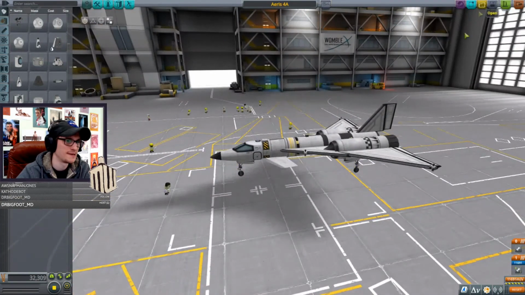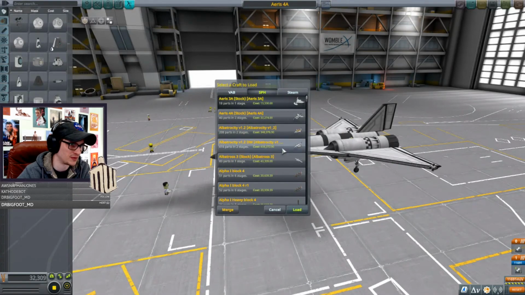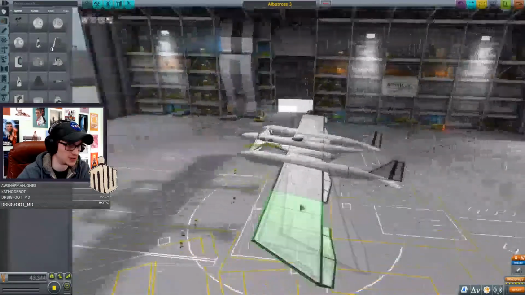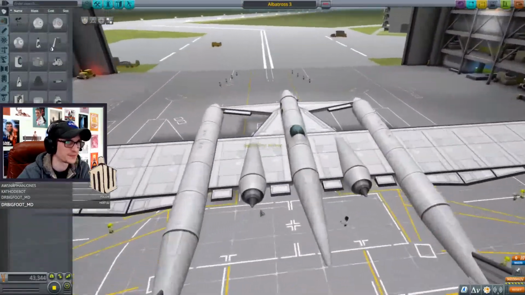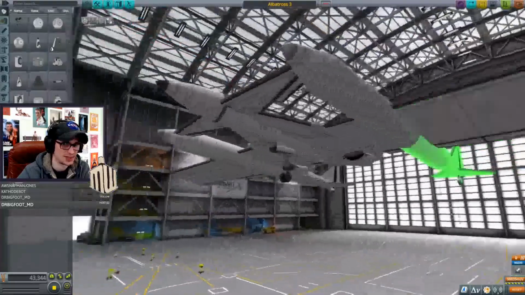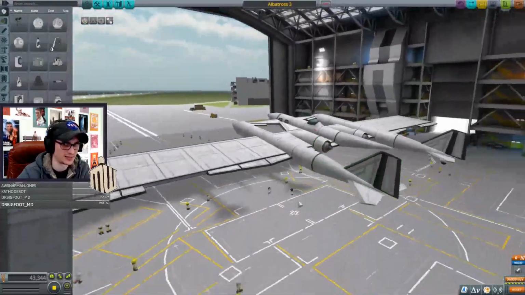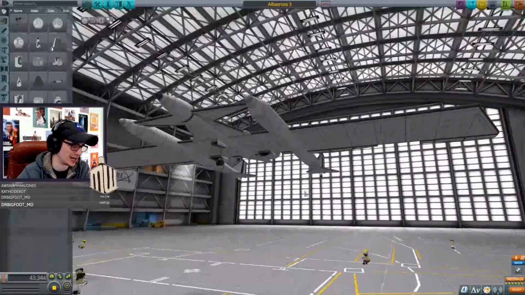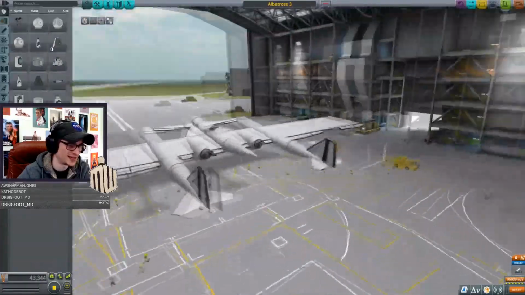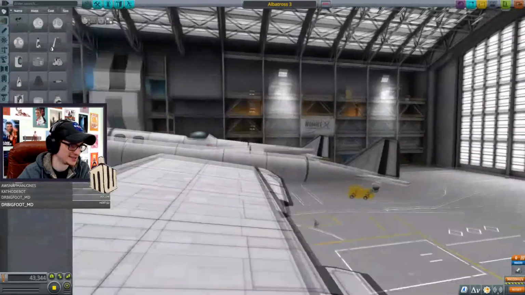Okay. I think that those have been in the game before, though, right? Albatross. Which one's this one? Oh, yeah, I've seen that before. The Albatross 3. Actually, I'm not sure. This is really cool. Yeah, canards are ugly. You're right, they really are. Yeah, this is an interesting...